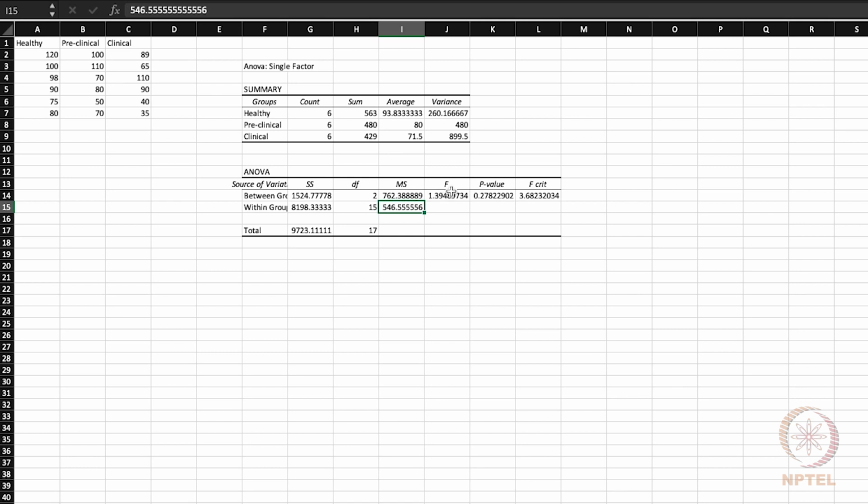When we undertake the calculation of F value using these numbers, the calculated F value comes as 1.39.